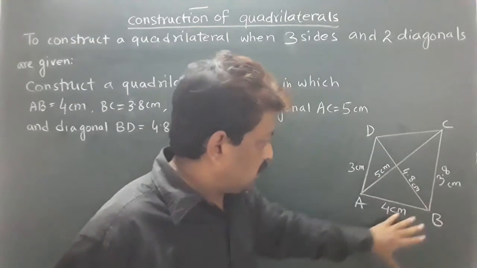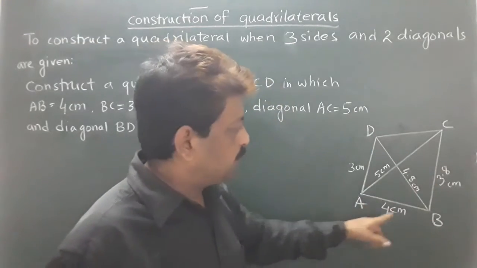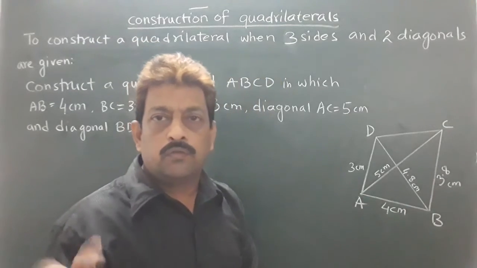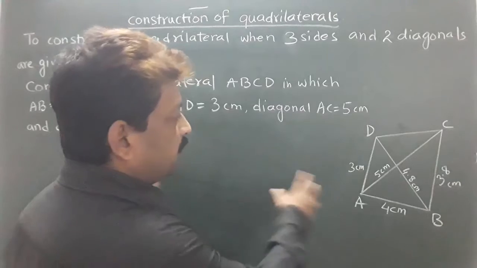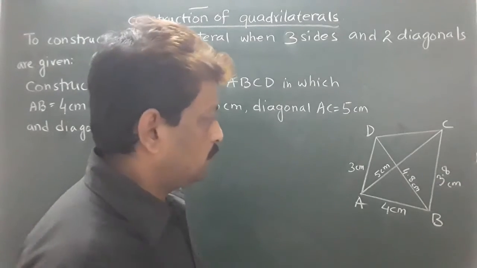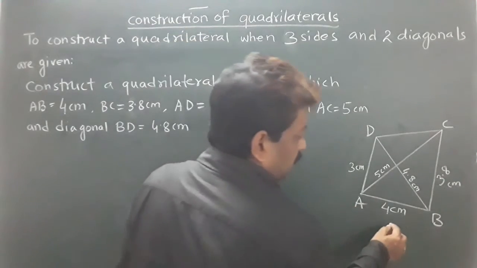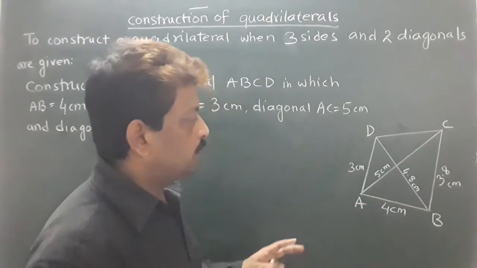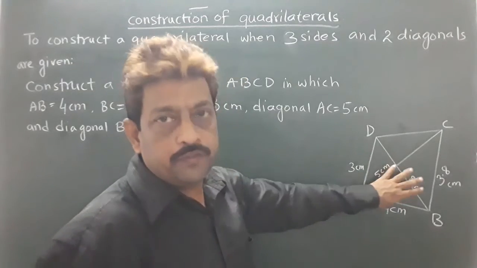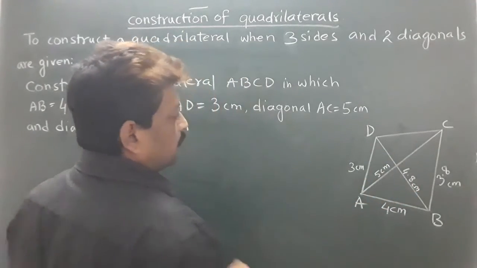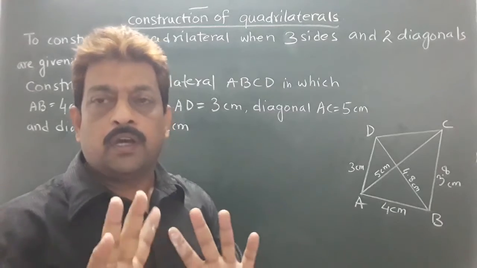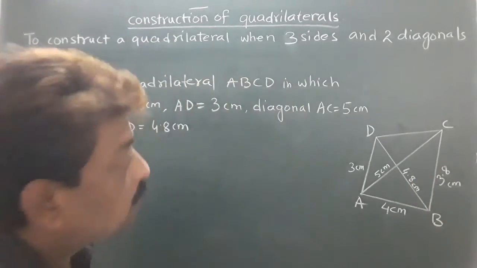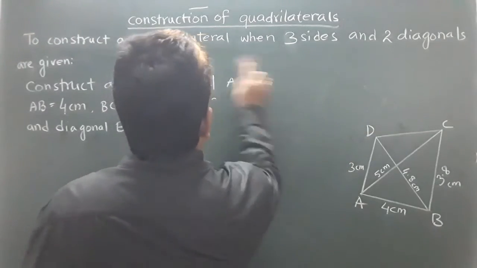So first of all, a rough diagram is required, ABCD, where I have drawn the diagonal with any length. It is not accurately drawn. It is a rough diagram, and all the lengths of the sides are marked on the diagram. Now, taking the view of this diagram, I have to construct the main diagram. Understood? So the measurements are written over it. Now let me start doing the construction.